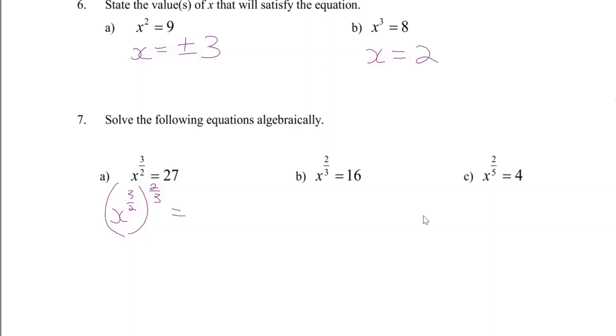Now, to keep things equal, if I raise the left side to the power of 2/3, I have to do the same thing to the right side. So it becomes 27 to the 2/3. X to the 3 halves to the 2/3. When you multiply these, you get 6 over 6. Basically, we're multiplying reciprocals, which is always going to give you 1. So that's just x. This is the cube root of 27,